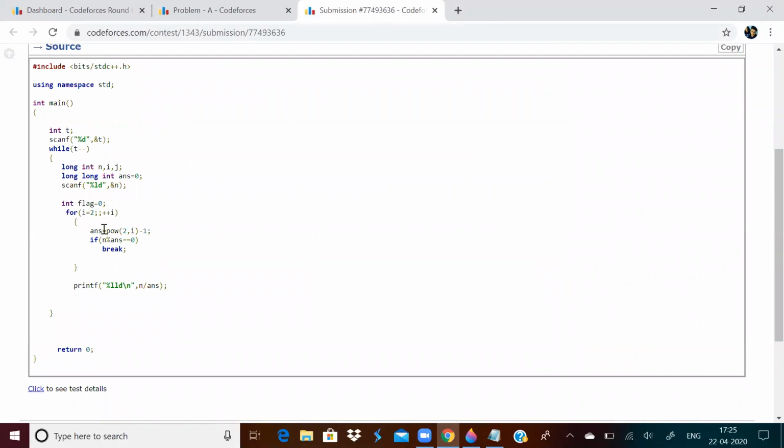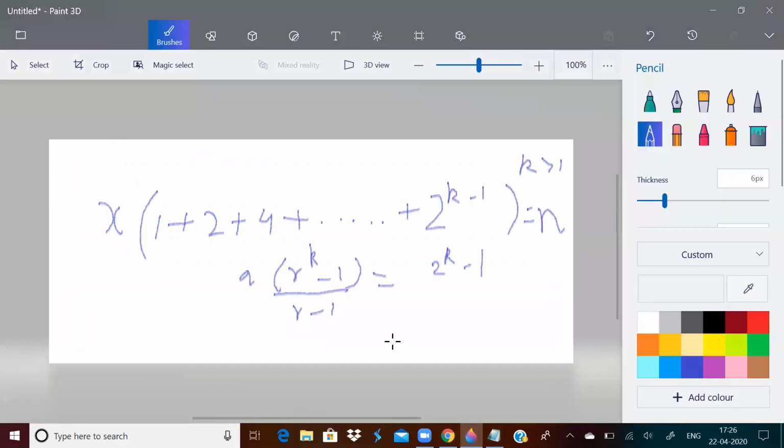So I'm making a variable called ans, and I'm assigning this value. What is my ans? My ans is equal to 2 to the power k minus 1, which is everything inside this bracket.